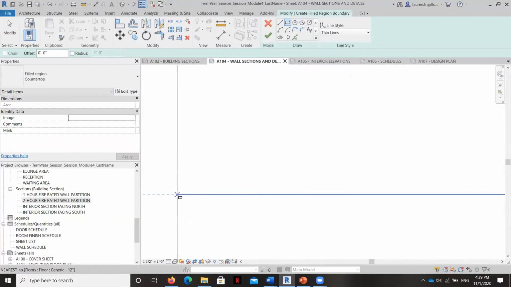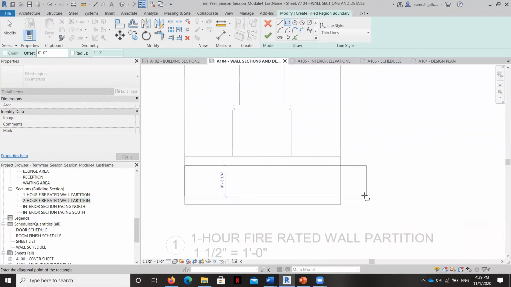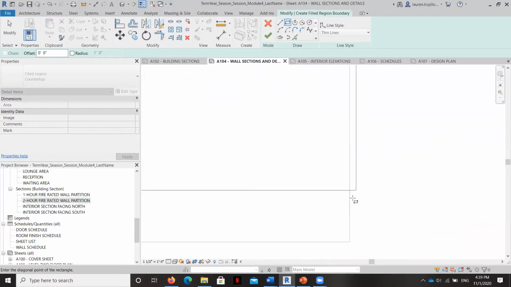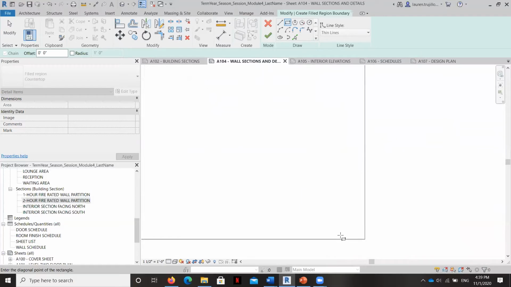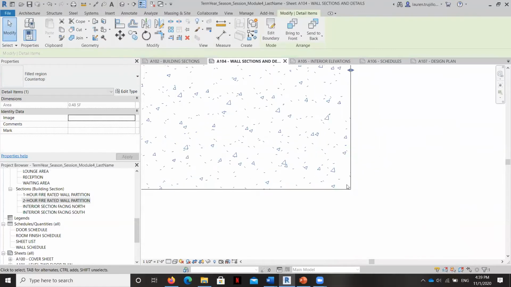I have to zoom in really tightly because, of course, that wall extends and this ground line extends to the extent of the project, but we just happen to be cropping it off. So remember, this is a graphic representation, so we're going to zoom in very close. And for our filled region, we are going to use this countertop will probably work okay. It's going to look like concrete. Let's take a look.